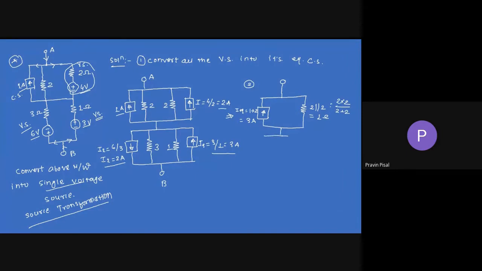And in a similar way, like this, the last portion. Okay, we have again added this one. So now which current is larger? 3 ampere is larger, so take the direction of this one. Okay, and what is I equivalent? 3 minus 2, the higher value of current minus the lower value of current, and that is 1 ampere. Fine. What will be the resistance? Resistance is 3 parallel with 1, so it is 3 by 4. Okay, so 3 by 4 means 0.75 ohms. Okay. So this is your part B.